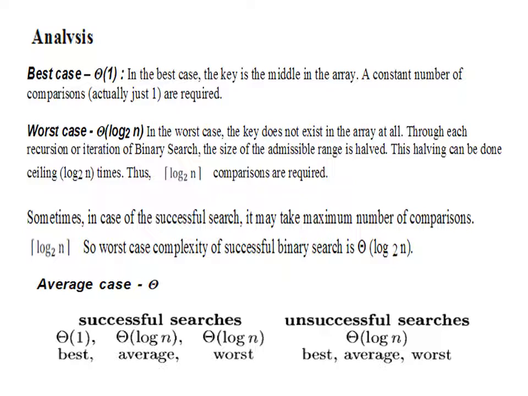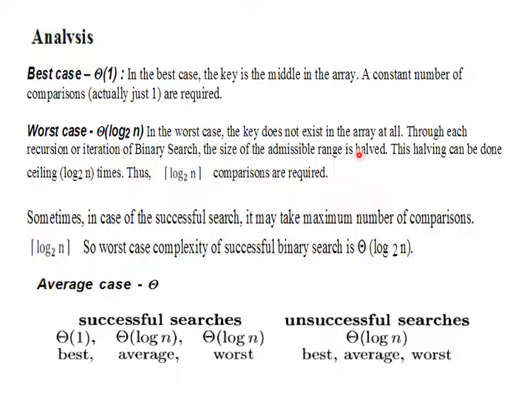So that is the best case we can say: the item is present in the middle index, the middle item is the search item, then it is the best case. Otherwise, the worst case is when the item is not present in the list. Assume we are searching in a very large list, the list size is 1 lakh, and the item we are finding is at the last stage.